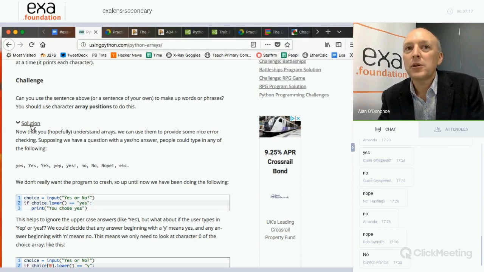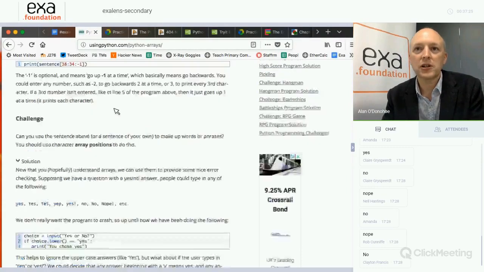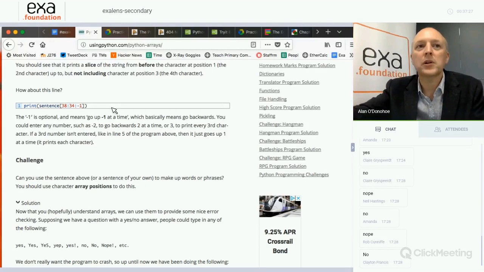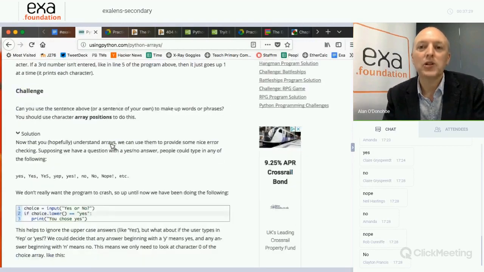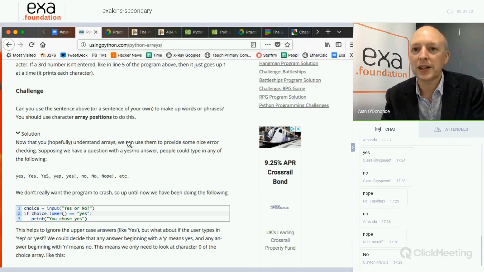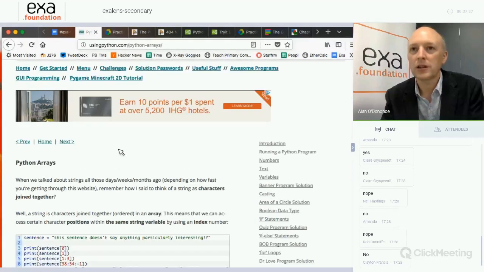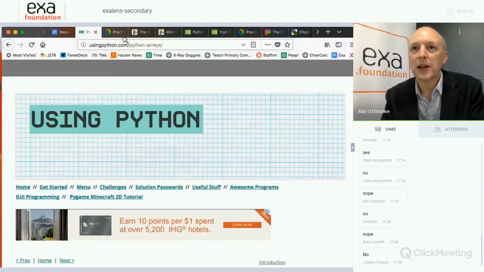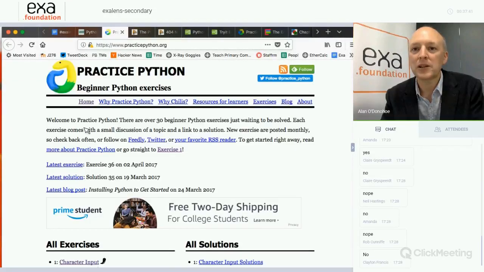Now, if you are using these as a teacher, rather than give them a link or access to a solution, you could just copy and paste these challenges from somewhere to somewhere else, and then you could point them to some solutions afterwards. Of course, we're not going to tell them what the solution is, because there is not always the solution. That's using python.com, and there's also practice Python.